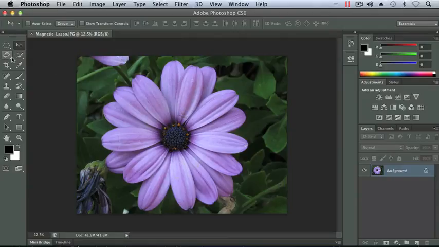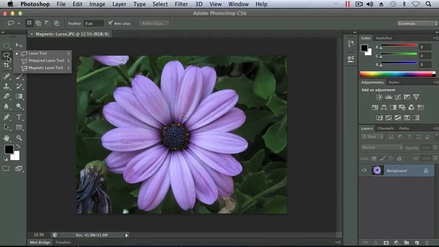So the lasso tool, if you click and hold on the lasso tool, you'll see we have the lasso tool, the polygonal lasso, and the magnetic lasso. So let's begin with the lasso tool. You'll see we have a little lasso hanging on the edge of our cursor. And when I click and I drag, I can create a selection, any shape I want, by simply dragging my